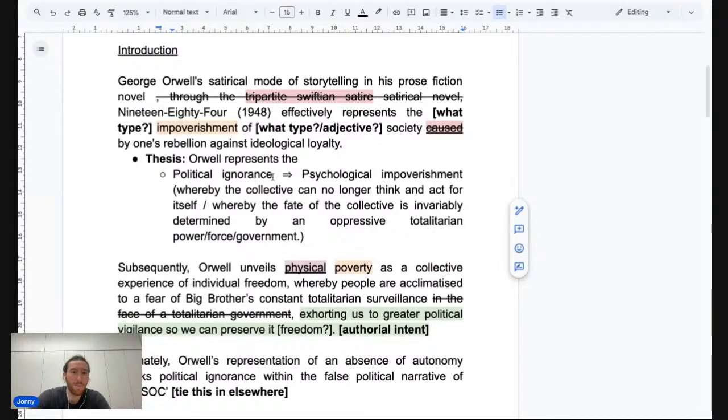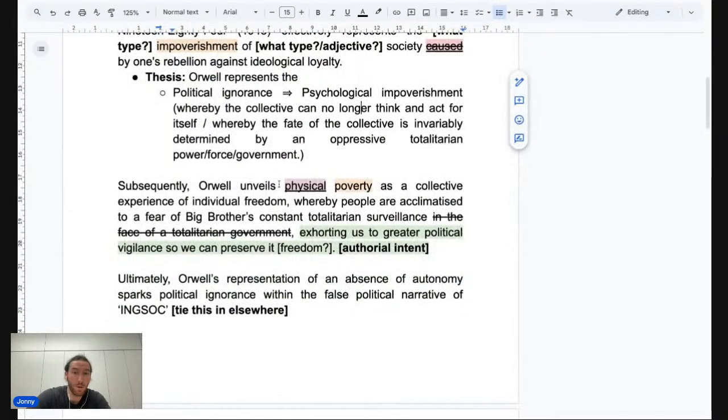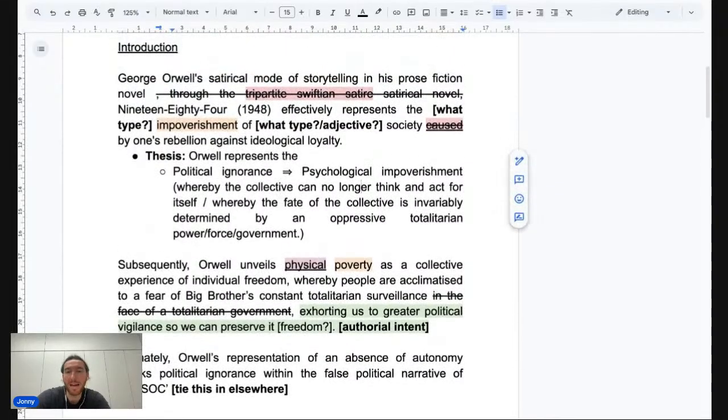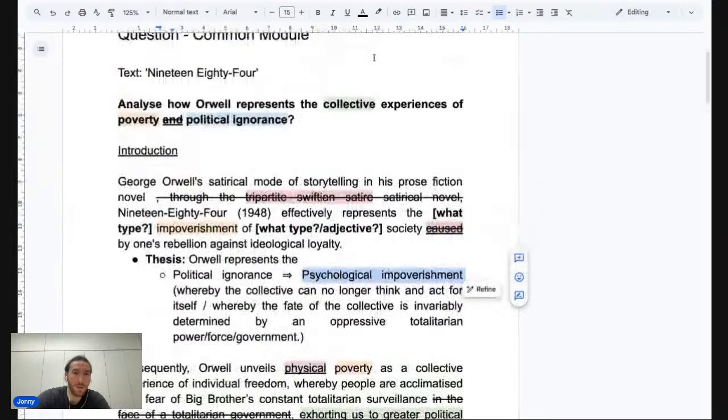Okay? Now, political ignorance is dangerous because it leads to that, right? So if you don't understand what's happening to you, then you will become psychologically impoverished. So I would go for more the psychological element. It doesn't mean you have to agree with that or focus on that. You could do this physical as long as you can define what you mean by that. So the difference between this student's is they said physical poverty, they didn't actually say what they meant. It wasn't clear to me what you meant by that. Whereas if I say psychological impoverishment, then what I'm at least going to do here